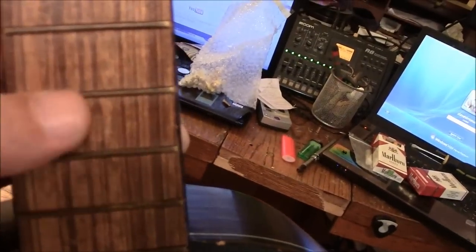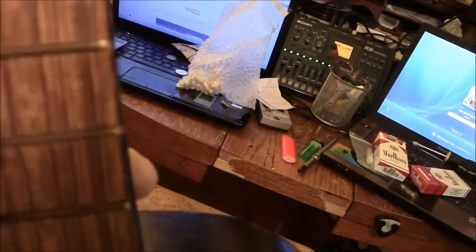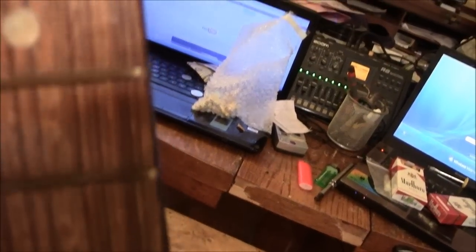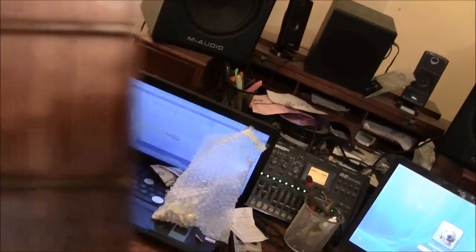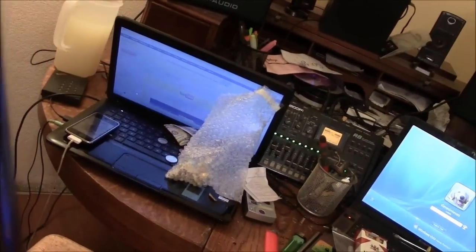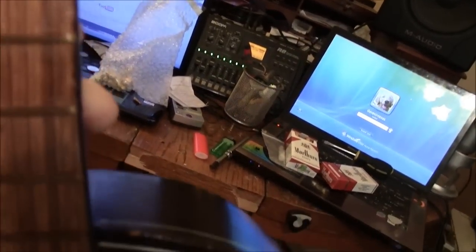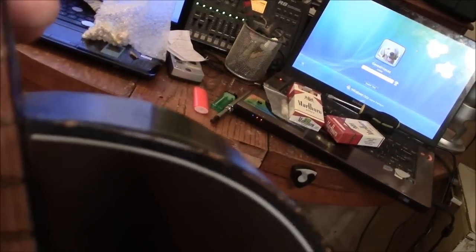But as you see, these frets are actually not steel, they're brass. So all I have to do is take a pencil eraser and polish these things up, see what I've got left. There is no wear on them whatsoever because it was never used. So they're like brand new, mostly, I guess. Anyway,